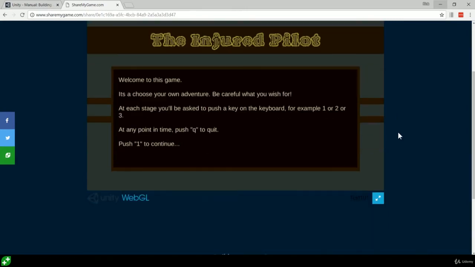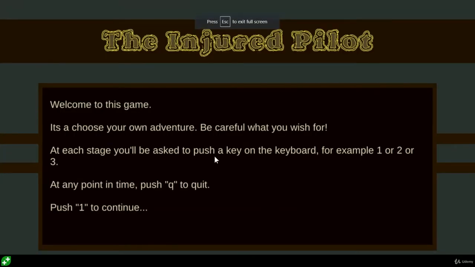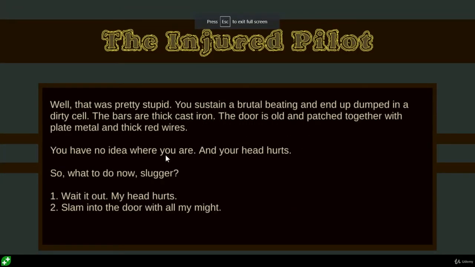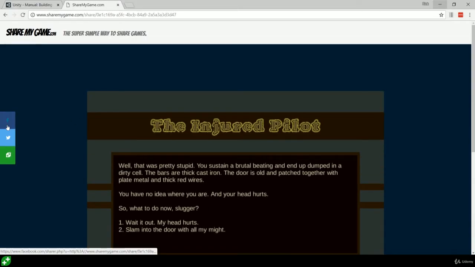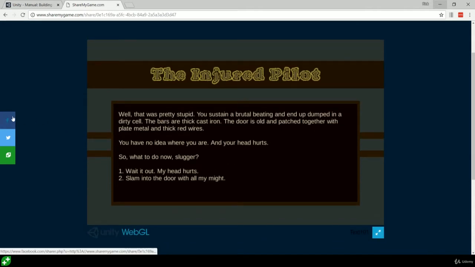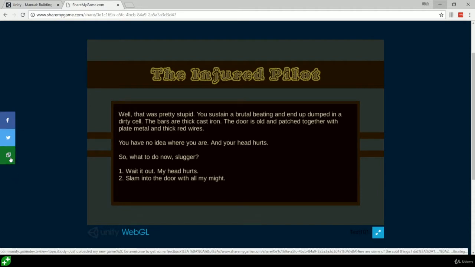Hey presto, here is our game. Let's just check that it works in full screen. It does. Keys move us forward. Wonderful. I'm going to escape out of that. Great. You can see a couple of easy buttons on the left here if you want to share to your Facebook friends to get some feedback on your game. It's great to get feedback, or even to brag, hey, look, I made this thing, to Twitter, and importantly, to